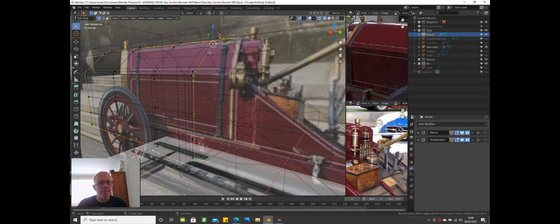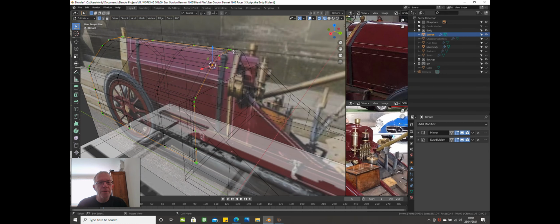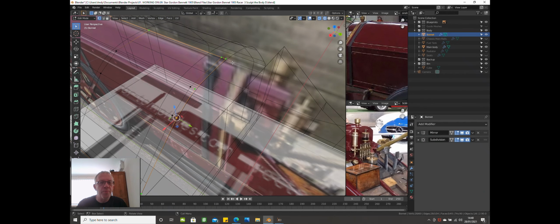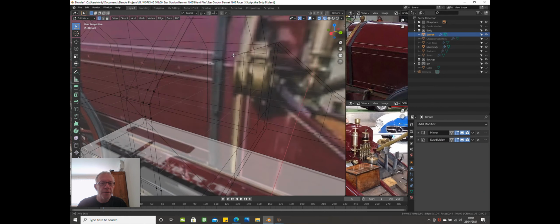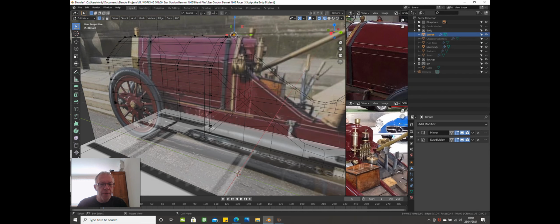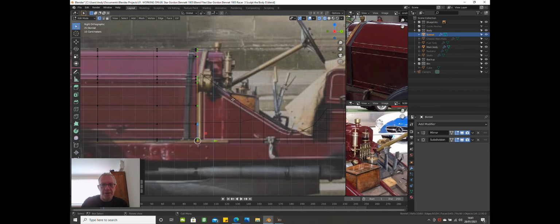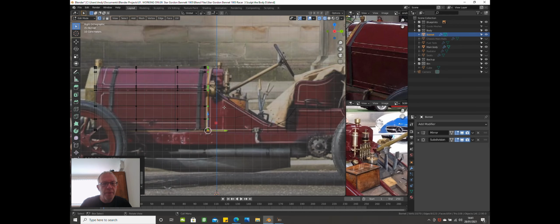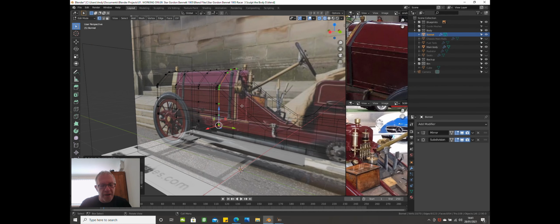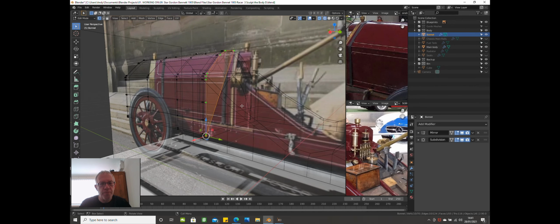So I'm angling the view there. I'll press Alt and select the whole edge. I don't know why, there must be some issue with too many vertices or whatever. So what I was doing, just isolating the line that I needed to extrude. So press E and extrude in the Y to get that firewall line,